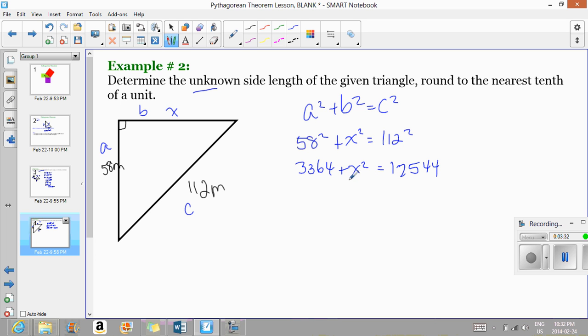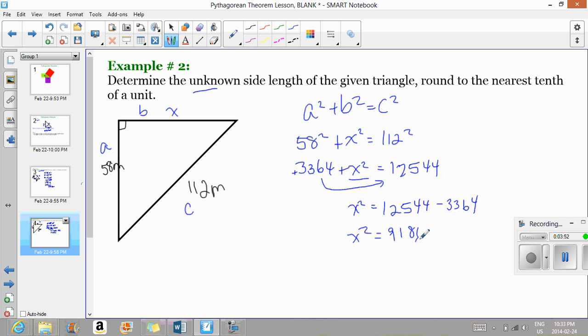And so if we're trying to get x by itself, we need to move this to the other side. This is positive 3,364. So when we bring it to the other side, we have 12544 subtract 3364. And so x squared equals